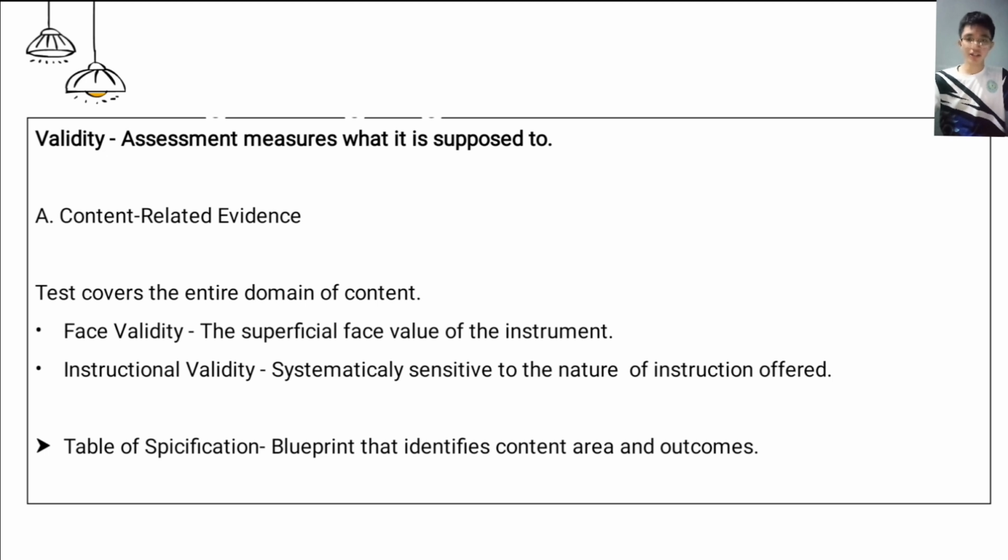Under content-related evidence, we have the face validity. From the word face, this talks about the physical appearance of your assessment. The fonts, the spacing, whether it is properly constructed, everything that you can see in the test paper is what you call the face validity. Another one under the content-related evidence is the instructional validity, the degree to which the test